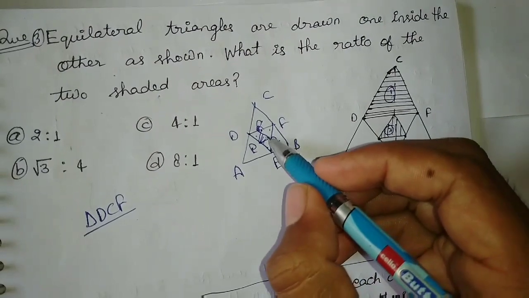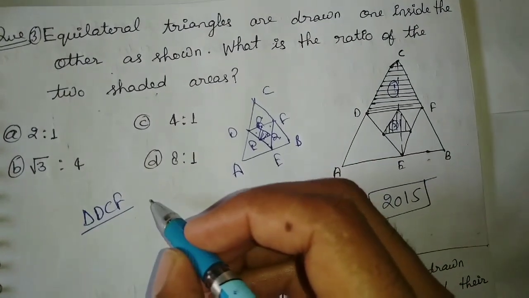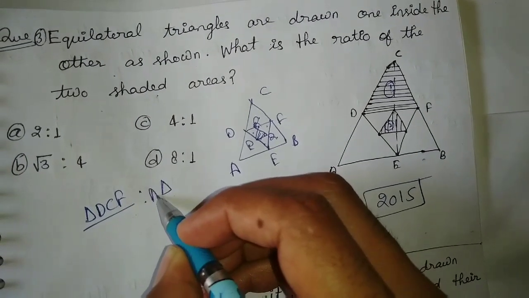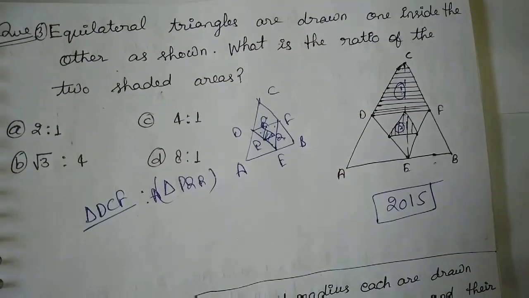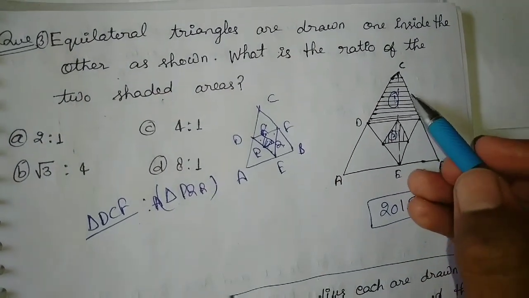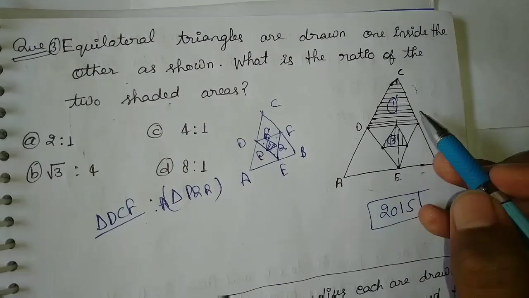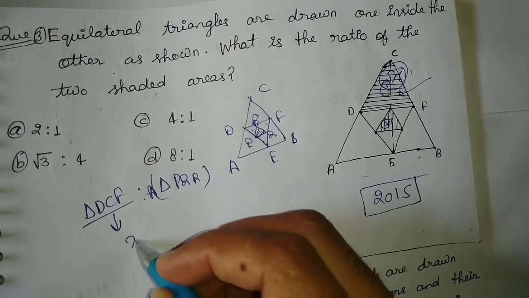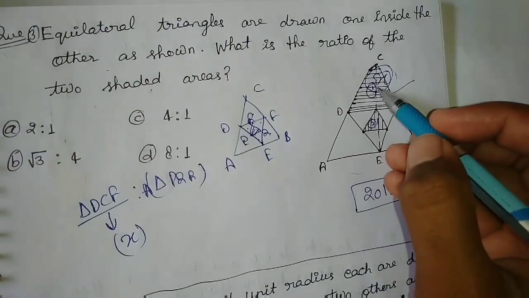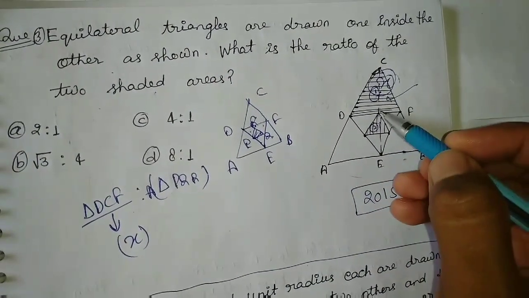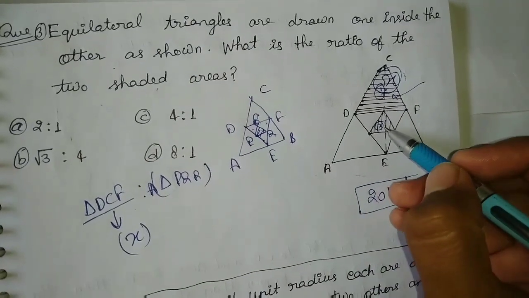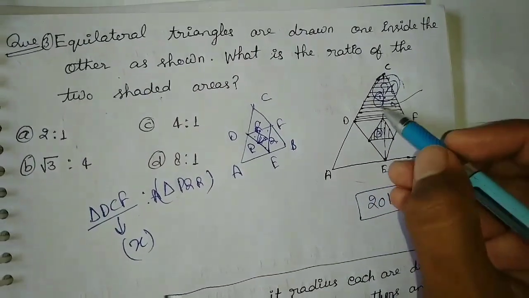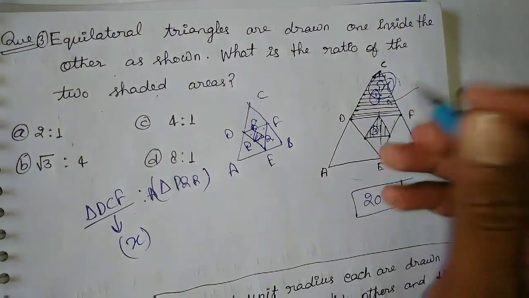Now the ratio of the area of these triangles will be just 1/4, because first of all the bigger triangle is divided into 4 parts. So suppose that this triangle has area X, and these triangles are made in an equilateral triangle, so they all have equal areas. Now if you divide this triangle into 4 parts, the area will be divided into 4 equal parts.